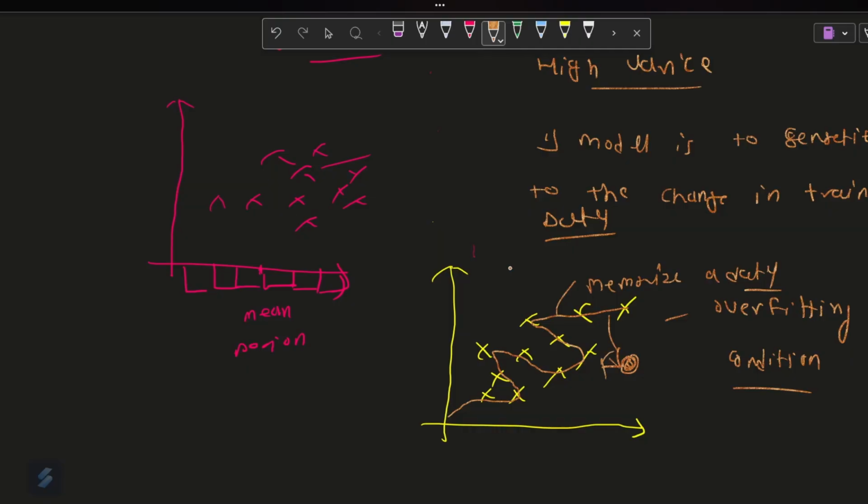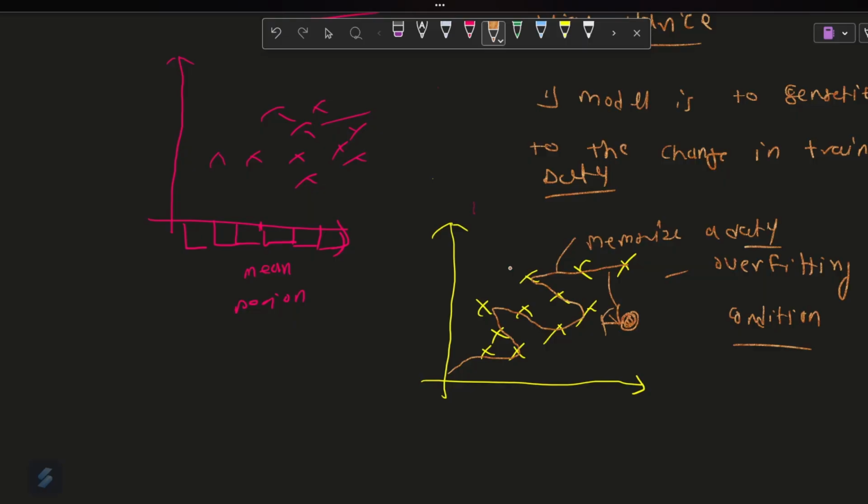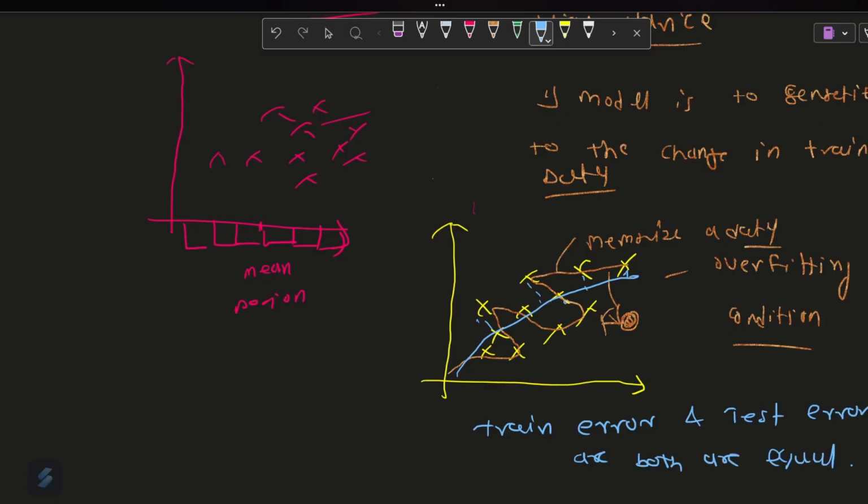Similarly, when you talk about low variance, in that particular case the model will be generalized, something like that. In that case, all the data points are similar, and the training error and test error are both equal. So I hope